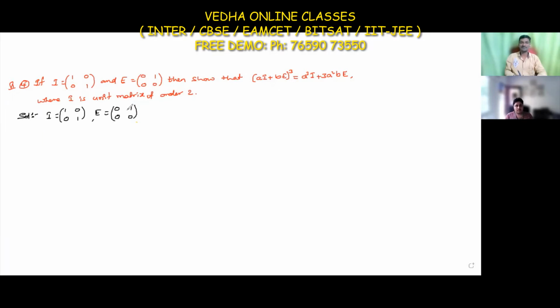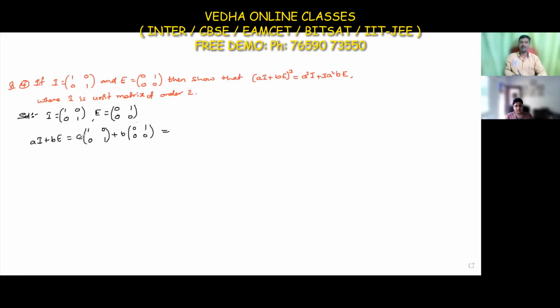[[0,1],[0,0]]. So what is being asked is aI plus bE. So first find the value of aI plus bE, that is a into the I matrix plus b into the E matrix. So a into the I matrix is [[1,0],[0,1]] plus b into the E matrix